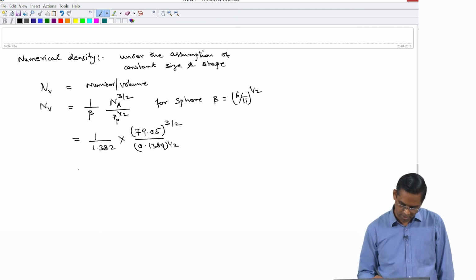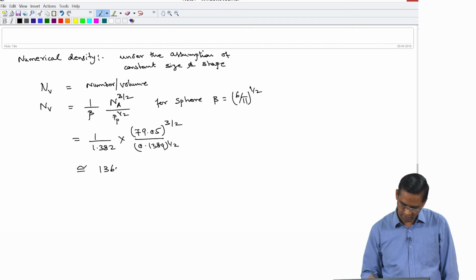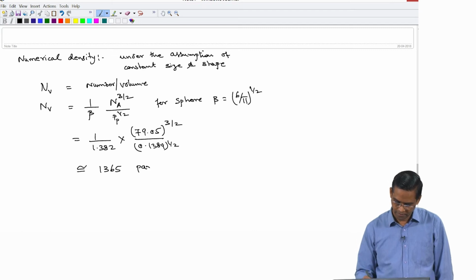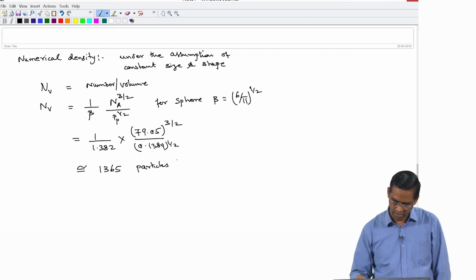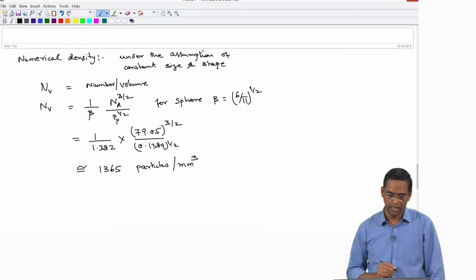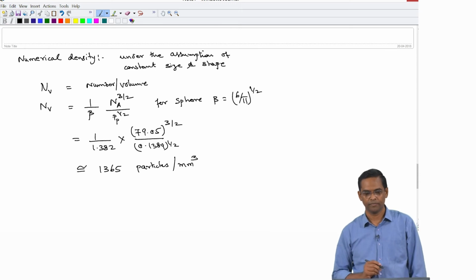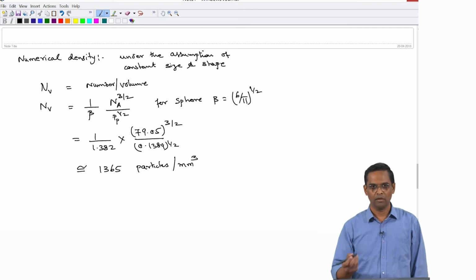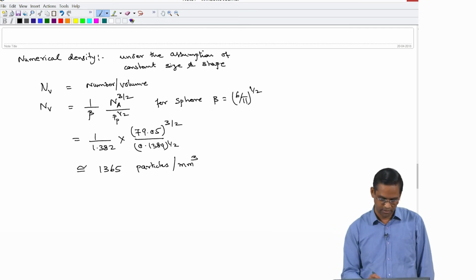So, you will get approximately 1365 grains or particles per mm cube. See, here I have used mm; if you choose to follow the micrometer scale, this number will be